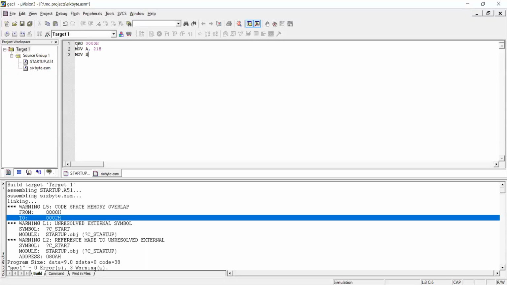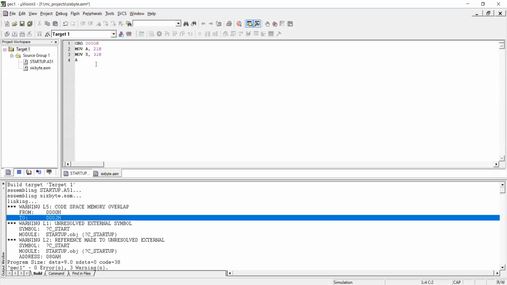Now the first thing I need to do is add the lower byte numbers, the lower 8 bits. I will store those lower bytes in memory addresses 21H and 31H. These are direct memory instructions: MOV A, 21H goes to memory location 21H, and whatever the content is there is copied into the accumulator. Similarly, MOV B, 31H copies the contents of memory location 31H.